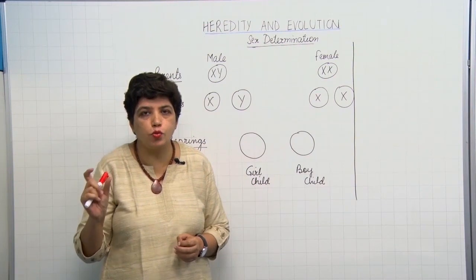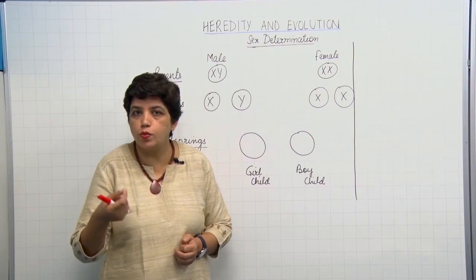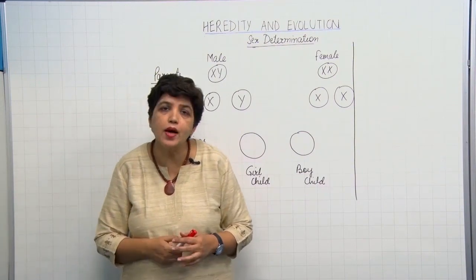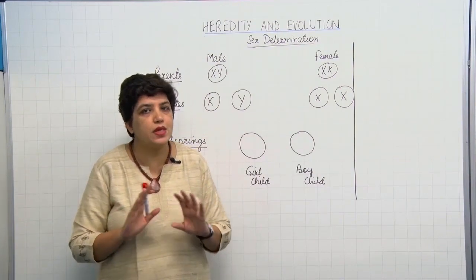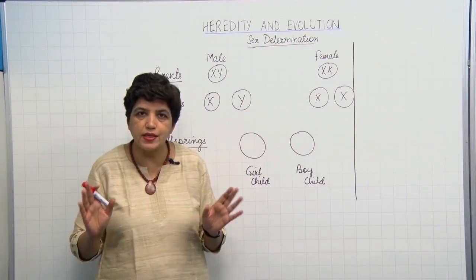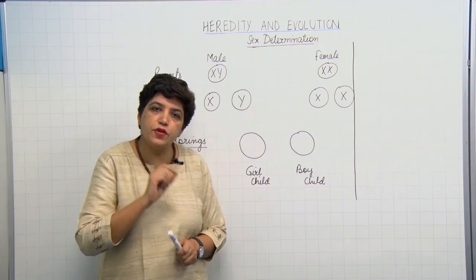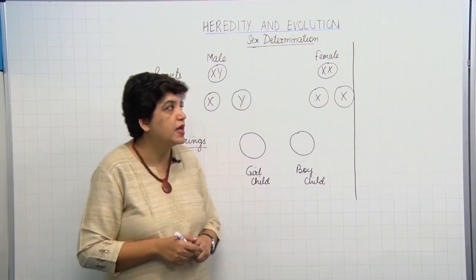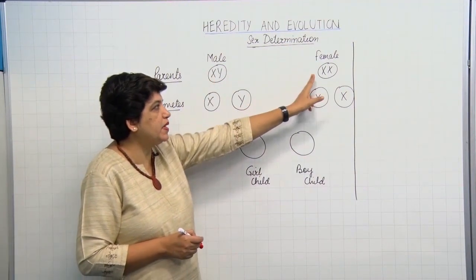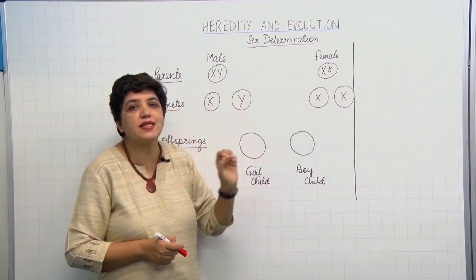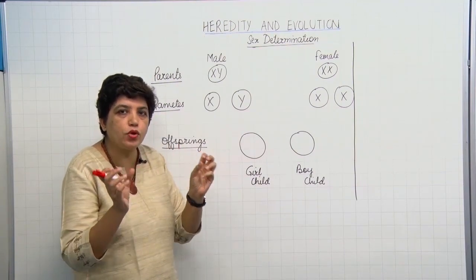But there is one pair of chromosomes which are called the sex chromosomes. They play a role in determining the sex of the newborn baby, the new offspring. Now, in males and the females, that is both the parents, 22 pairs of chromosomes are identical, they are similar. But the 23rd pair is called the sex chromosome. It is different for males and different for females. In males, it is termed as XY chromosomes, but in females, both the chromosomes are identical, so there is X and X. So during gamete formation, the pairs separate out to half the number.